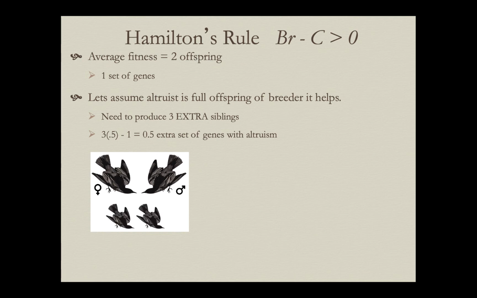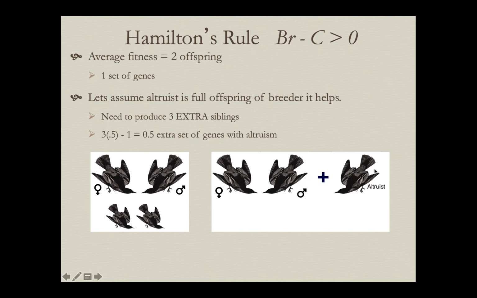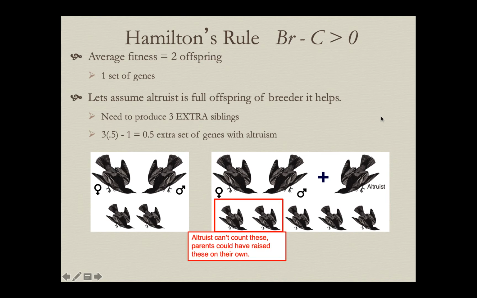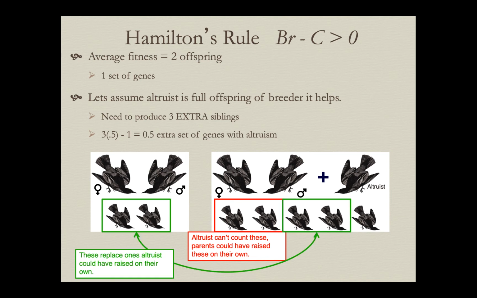So if mom and dad could have done this, and if you would have bred, assuming that you would have had equal reproductive success, maybe you could have done that too. Then if you instead help mom and dad raise the young, and you can pull off 5 individuals, again, these individuals right here you can't count. Mom and dad could have done these on their own. These 2 basically are equivalent to what you could have done on your own. So at this point, it would be break even, whether you reproduced by yourself, independently through direct fitness, or in this case, if mom and dad produce 4, then you would have been at the break even point.